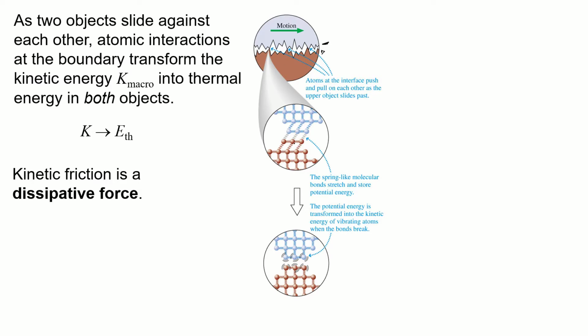And if you think about in more detail what's going on, this object at the top is moving relative to the surface on the bottom. It has a lot of kinetic energy when it's moving. But when these molecules hit, they're interacting with each other, and the molecules of the one object are going to interact with the others. They're going to compress and shake the bonds between them, and start to get these molecules shaking more and more. Those are going to get the ones next to them shaking more.